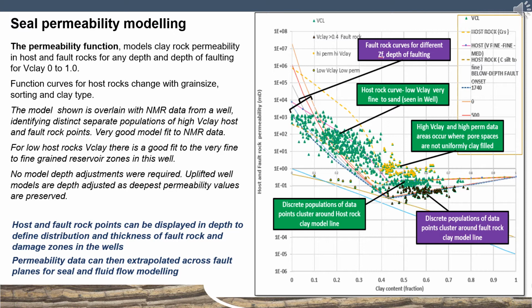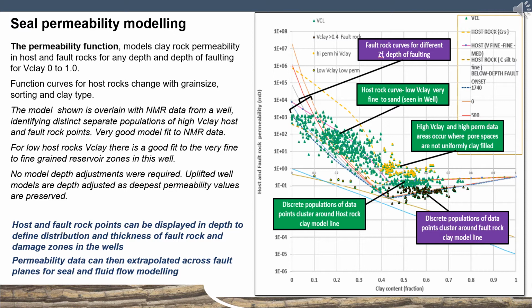Overlain on the model is NMR data, and what you can see are discrete clusterings of data, particularly over V-clay 0.4. You can see highlighted in the purple discrete populations of data clustering around the fault rock curve, and similarly for the host rock curve there's a separate gradient showing a slight increase in permeability to higher V-clay. This data in subsequent slides is